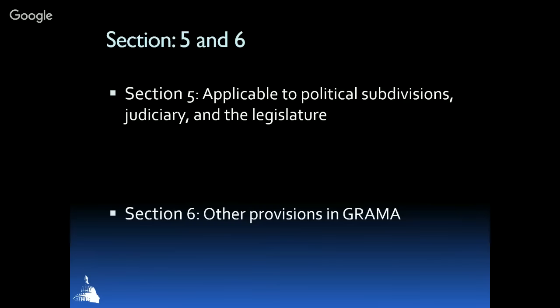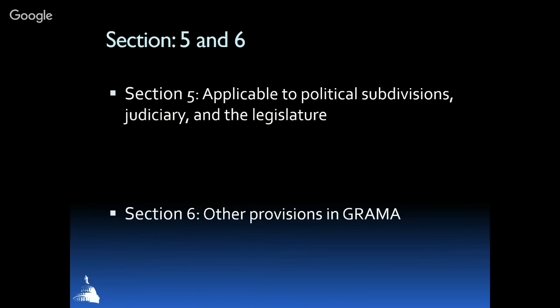Okay, so Sections 5 and 6. Due to limited time, we're not going to go into great detail with Section 5. Section 5 is part of 7 in the law and contains information on political subdivisions and their ability to adopt ordinances and policies to comply with the statute. It also outlines what information should be written into the ordinance or policies to include the new statute requirements for the local appeals board. A political subdivision may also establish its own reasonable response time and time limits for appeals. If you write ordinances and policies, it's very important to take a look at this section and become familiar with it.